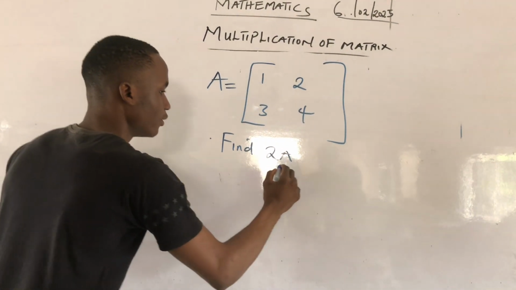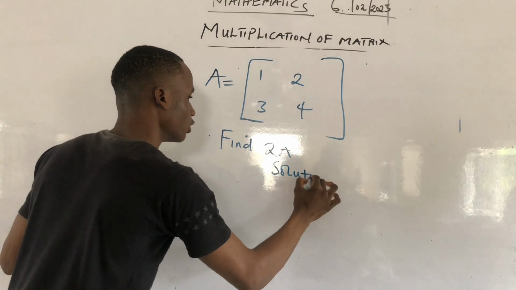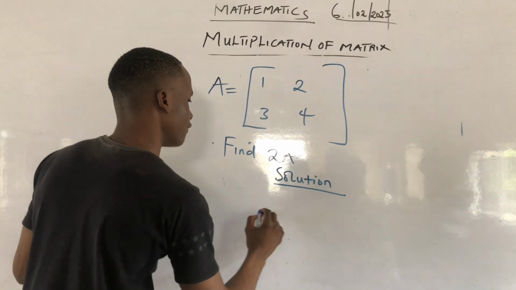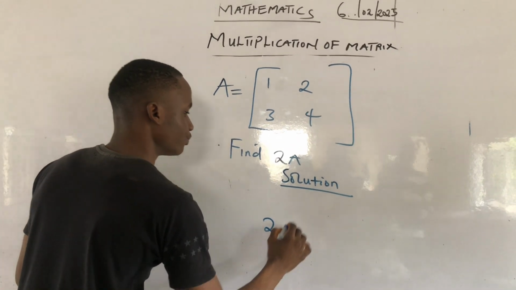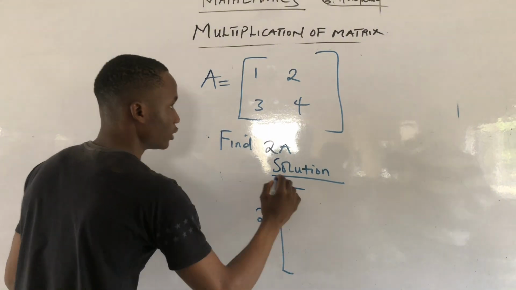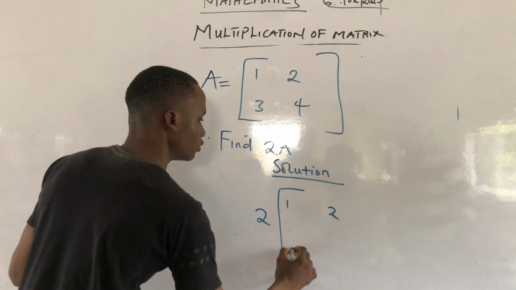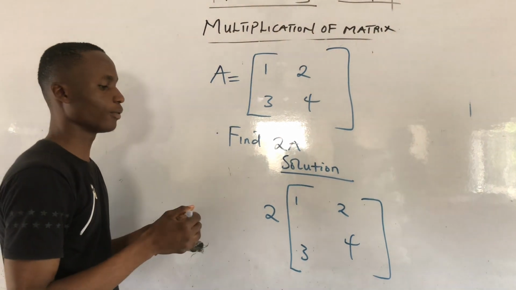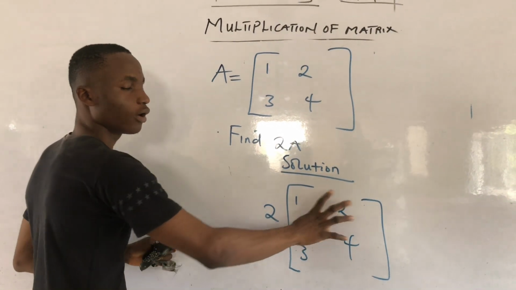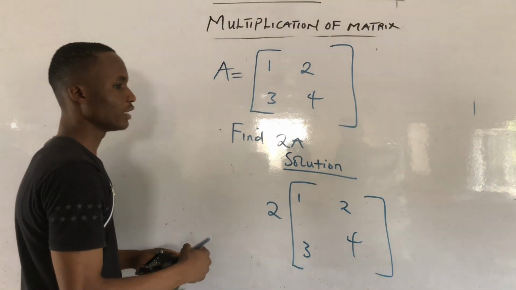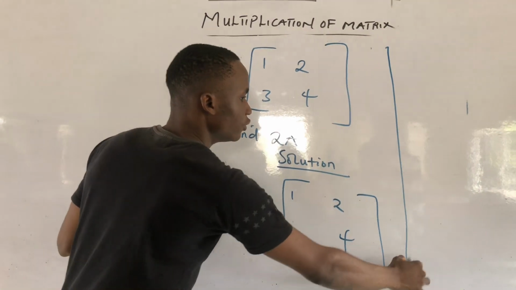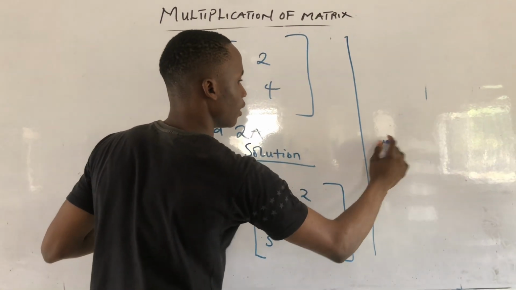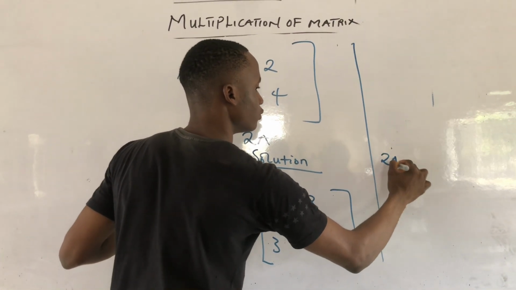So we can have something like solution. We have 2 into the matrix of 1, 2, 3, 4. So how do you do this? This is very, very simple. Just use 2 to multiply all the elements of A. Therefore, the new matrix that we have as 2A will be,